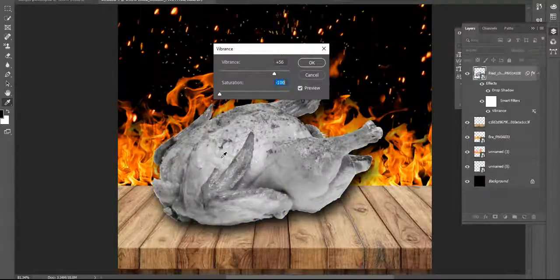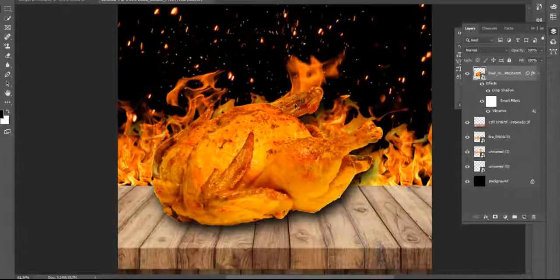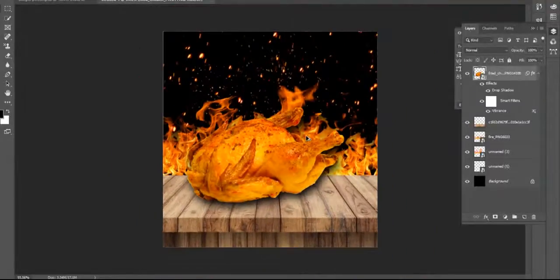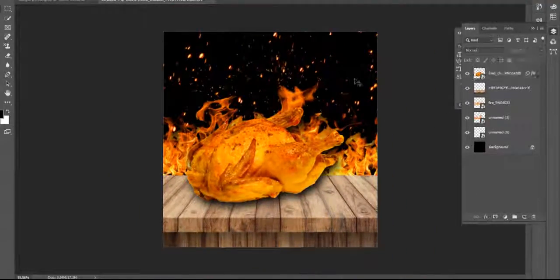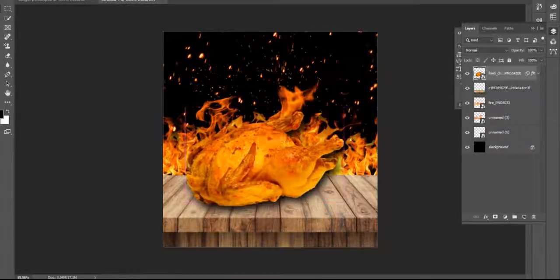Desaturate means black and white, and saturation means the whole color, right? So I just adjusted the chicken. Ah, yes, that's cool. I press okay. So look, now my chicken looks like the fire. Fine.